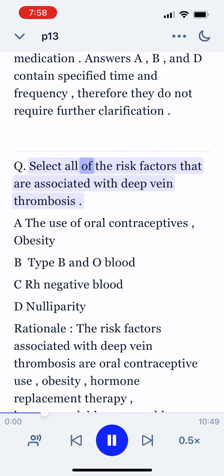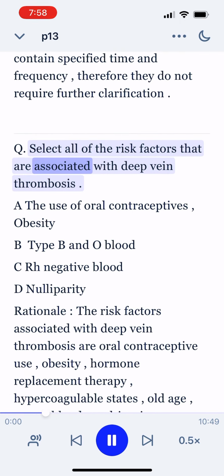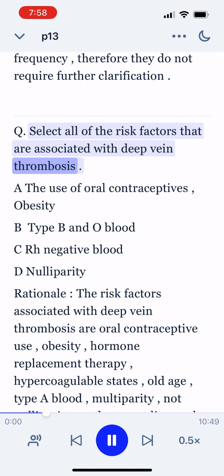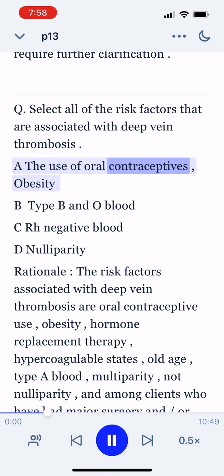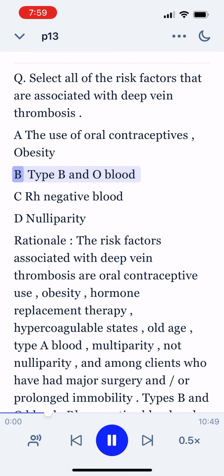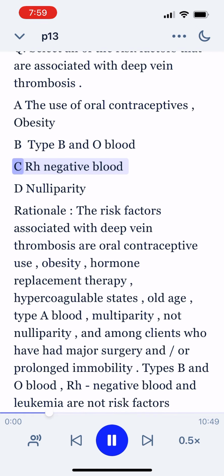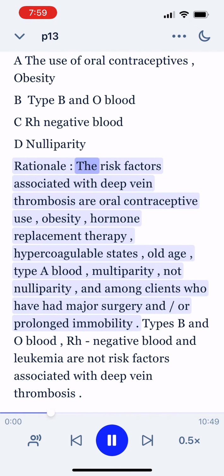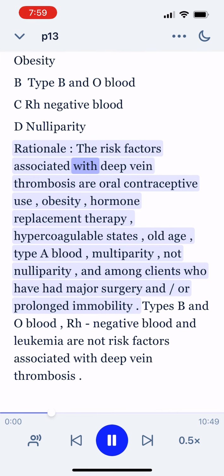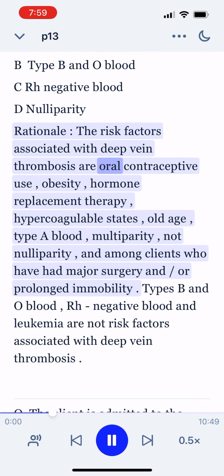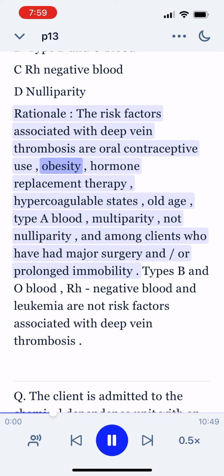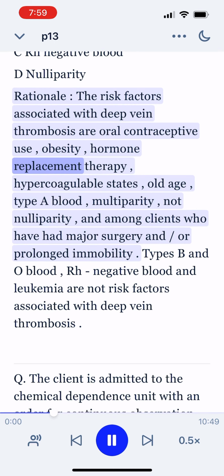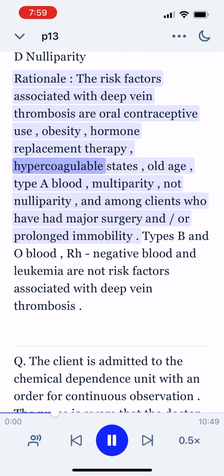Q. Select all of the risk factors that are associated with deep vein thrombosis. A. The use of oral contraceptives, obesity. B. Type B and O blood. C. Rh negative blood. D. Nulliparity. Rationale. The risk factors associated with deep vein thrombosis are oral contraceptive use, obesity, hormone replacement therapy, hypercoagulable states,